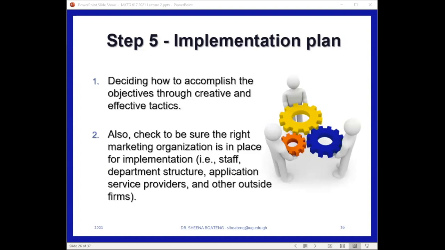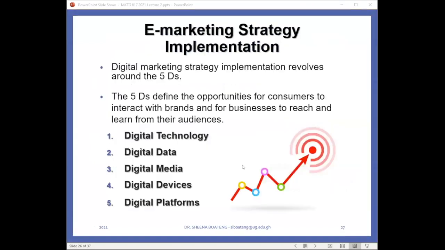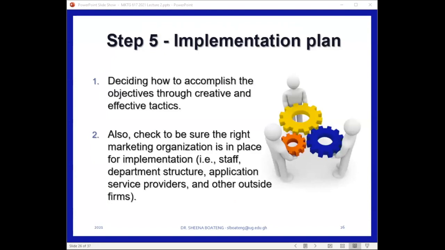So we usually do this assessment in terms of staff strength, in terms of department structure, the digital technologies and applications that we need, as well as the availability of these technologies and applications, as well as staff with the right skills to support these e-marketing activities we have outlined. So one of the prime things that we do as part of strategy implementation is to find out whether we can get all these things in-house or we have to outsource. Because with these two options come implications.